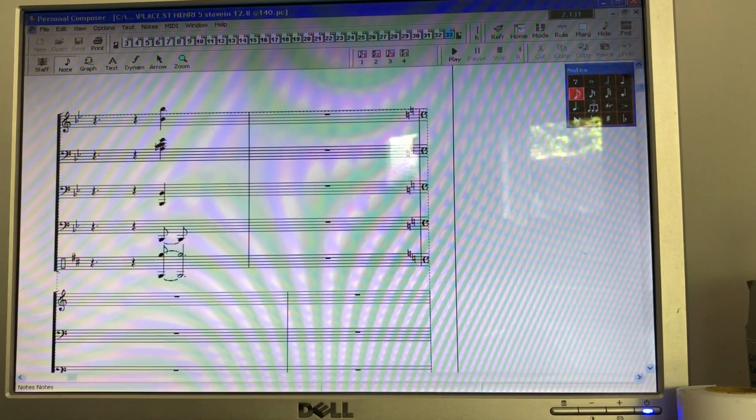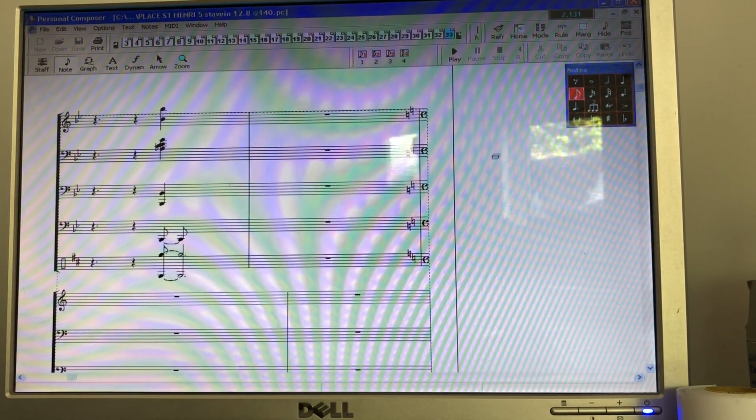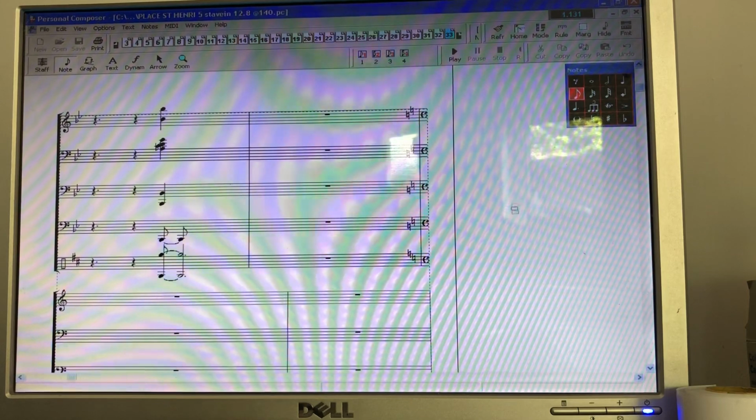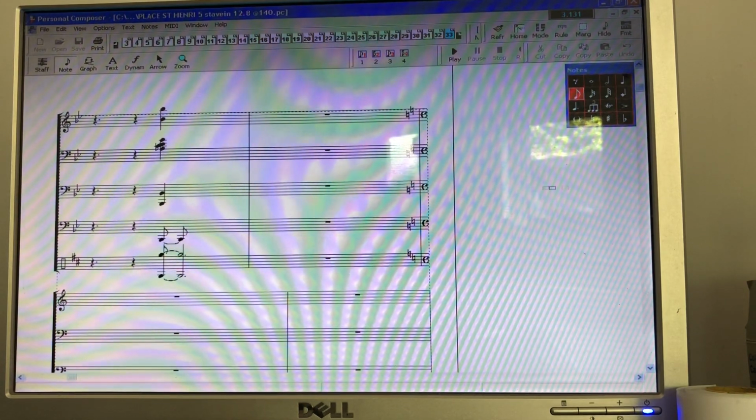Once you've got a bit of the notation that you want to copy, you can drag and close it and then copy it to other parts of the tune. But in effect, because each bar is different and varied, just about every note was input by hand. And so if I go back to